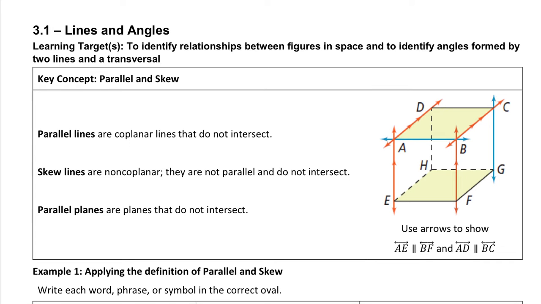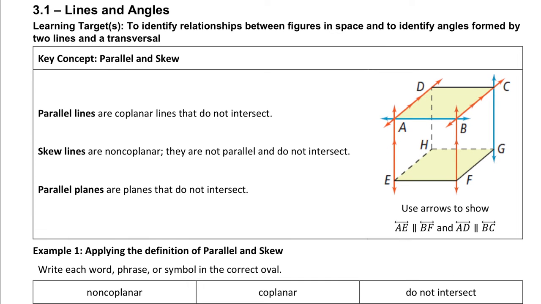Okay, so lesson 3.1 is where we learn about lines and angles. You should already know what a line is. You should already know what an angle is, so how to name them, how to identify them. But we're going to review some key definitions and then